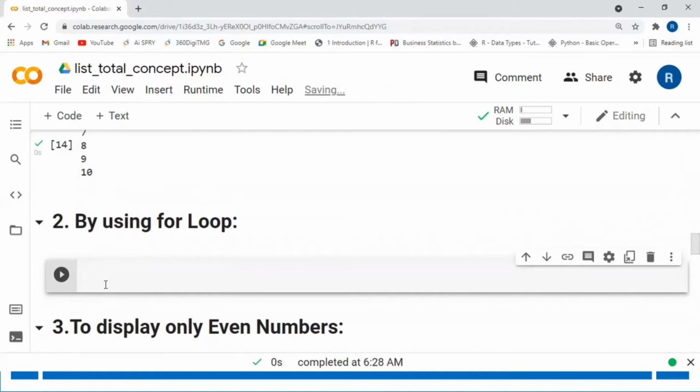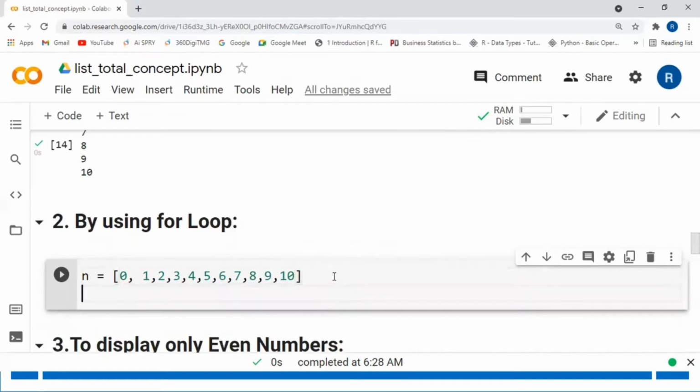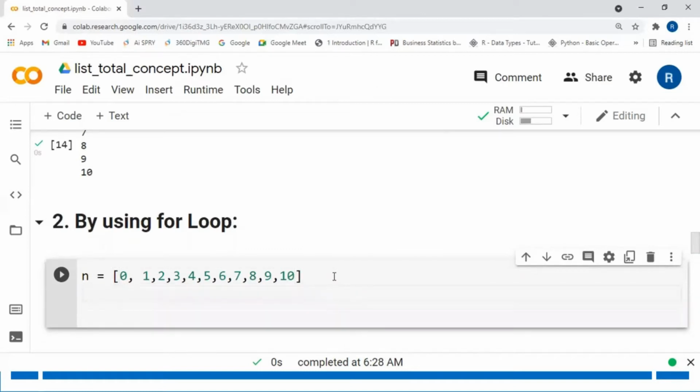Now we'll see by using for loop. Now I am taking one list. This is my list 0 to 10. I want to access each element from the list.